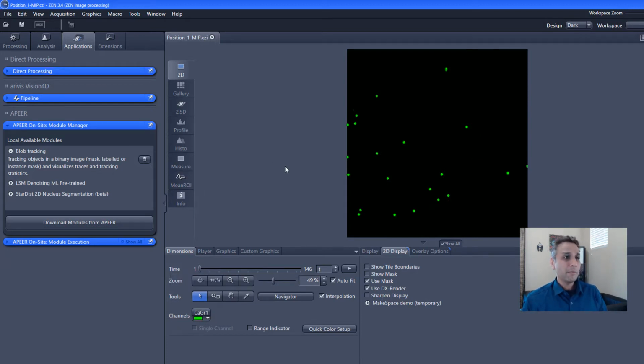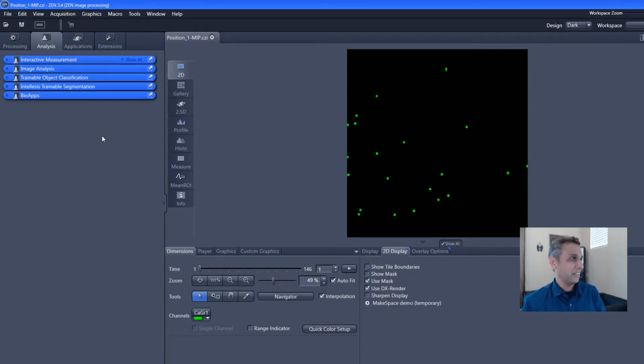Now let us segment this, right? I mean, what do we need to do? We need to segment it, watershed to separate the objects, and save it as OME-TIFF file. Then we have everything ready for our tracking module. So how do we do that? There are many ways to segment this. You can use IntelliSys, you can use many ways, but let me just show you one way here,